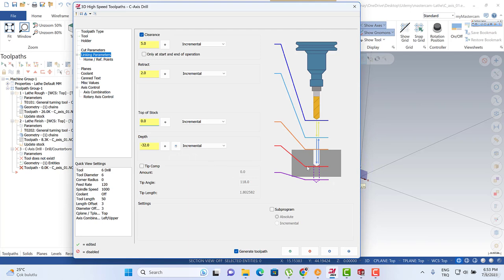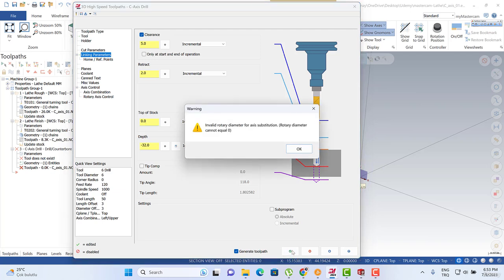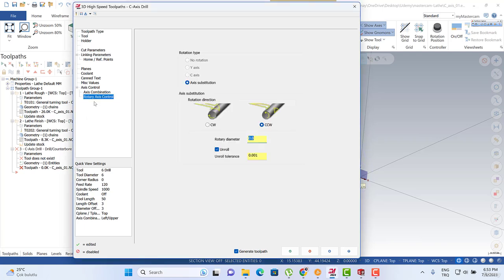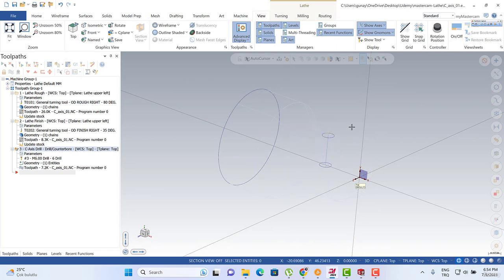And you can also see the new approach here. This is the clearance plane and the retract position. And you can also see the top of stock and the depth operation here, and everything seems more clear than the previous one. Oops, sorry. We need to organize our rotary axis. Rotary axis diameter can be also 32, and we're gonna see our